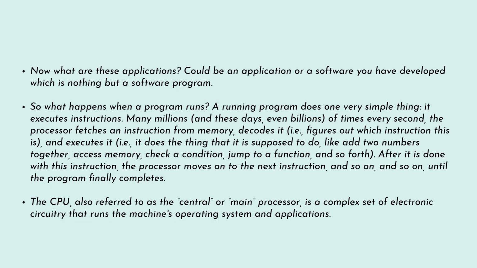It executes instructions. These days we have billions of lines of code for a particular application, and the processor in the computer fetches one instruction from the memory, decodes it, figures out what the instruction is, and executes it. It could be adding two numbers together, accessing a memory, checking a particular condition, jumping to a function, and so forth. After it's done with this instruction, the processor moves on to the next instruction, and so on until the program finally completes. Since we have multiple applications which can run on a computer, and we probably have a limited number of processors to manage these applications,